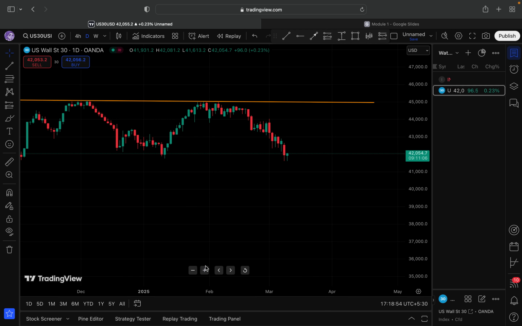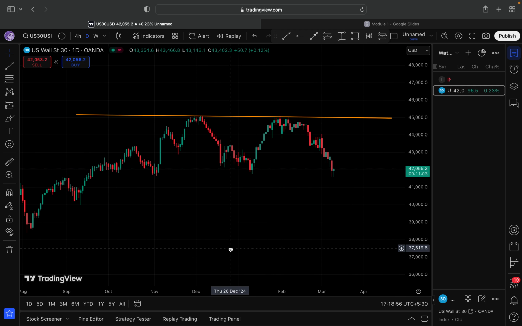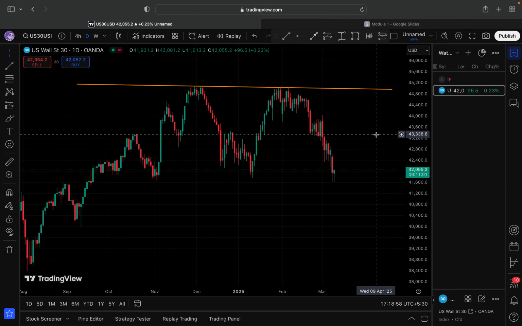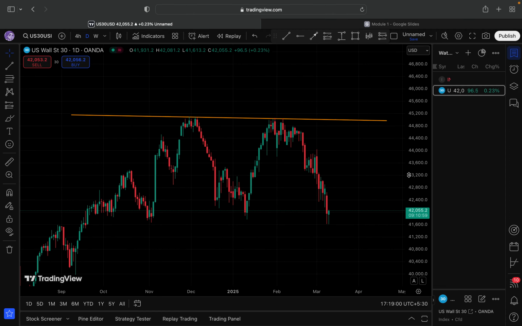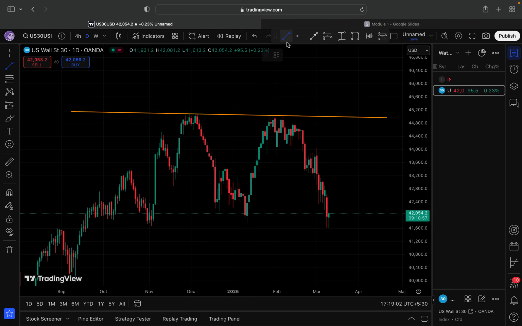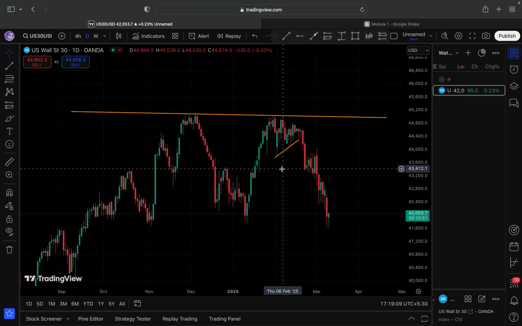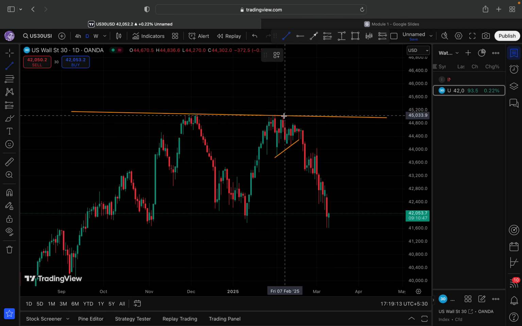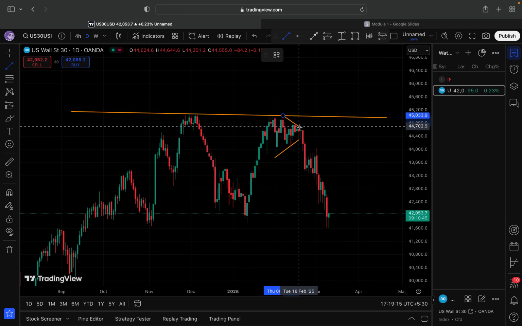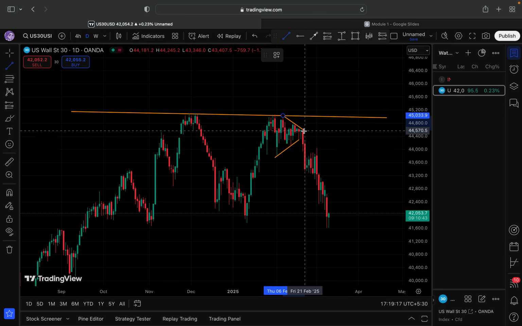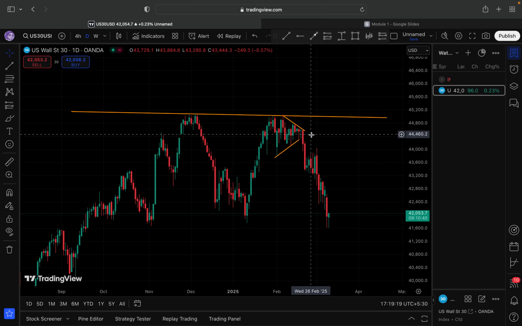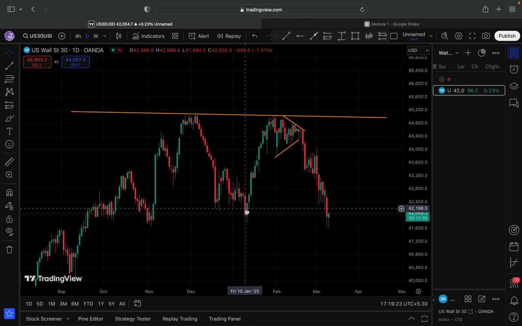you'd see that on the daily time frame price also corrected. Price corrected. What did it do? It created a symmetrical triangle. Let me outline it for you. So this was a symmetrical triangle price outlined. Price created after creating the double top,